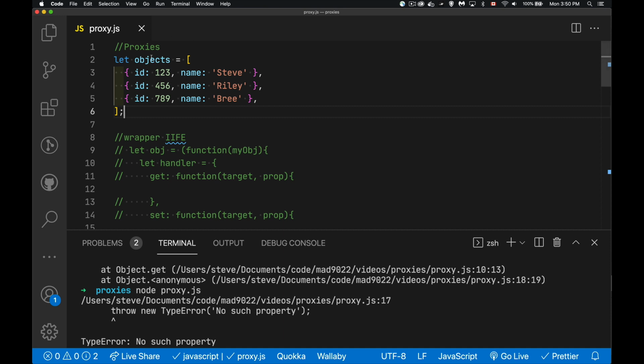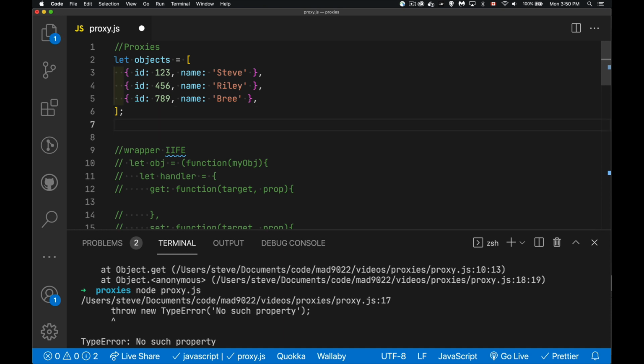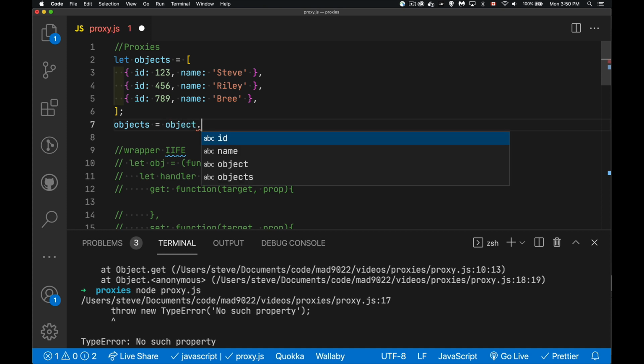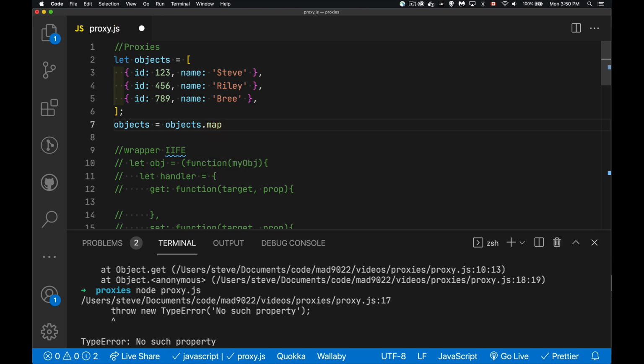So I have a variable, but maybe this variable is local in scope to my function. After my function is done, this variable gets thrown away, so I no longer have the original one. And that's fine. What I want to have is the proxy object. So we're going to do this. My objects, I'm going to overwrite them, or I can just create a new array rather, and return that. But I'm going to overwrite it